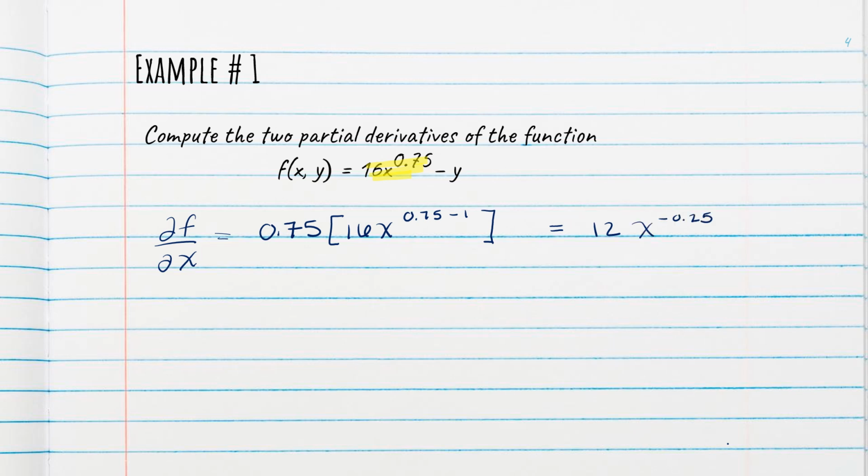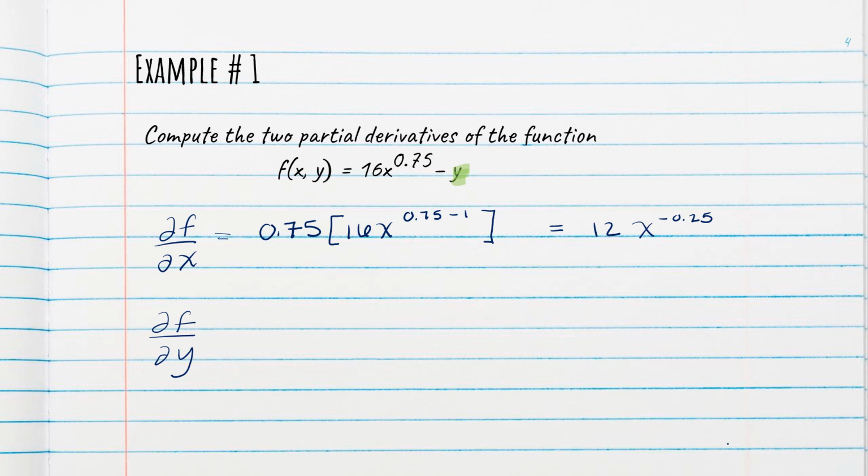Now we're going to do the same thing, except we're going to compute the partial derivative of our function f with respect to y. I'm going to erase my highlighting here. We're going to do the same sort of exercise. We know now that we want to understand how f changes with y. So I'm going to highlight any terms in my function that contain y. There's only one term that contains a y. And then we're going to differentiate that term with respect to y.